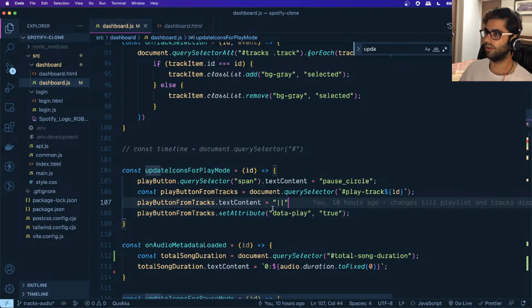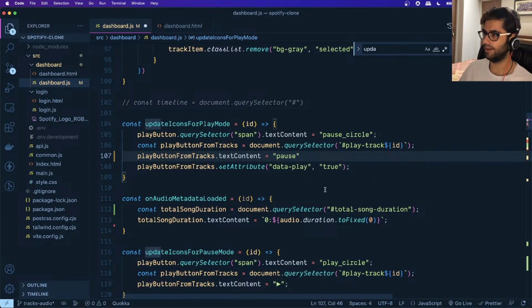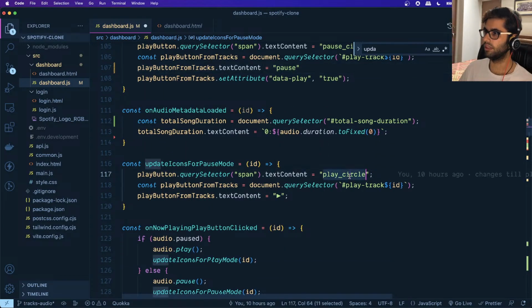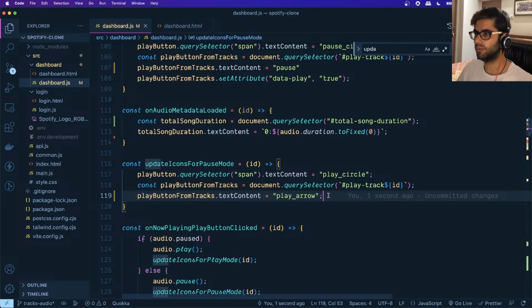Now instead of using this when we are in the play mode, instead of having the pause, we'll just pass pause over here. And for the update icons for pause mode, here we will once again say play underscore arrow, like this. All right, and what we want to do is